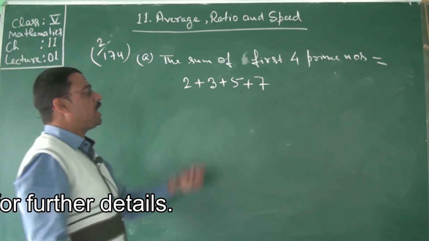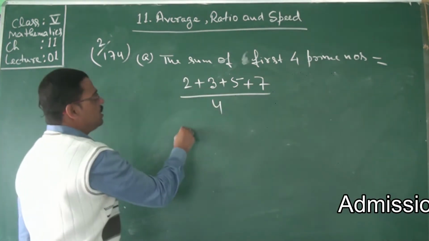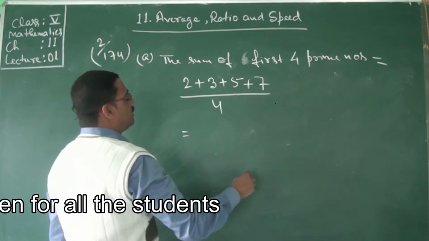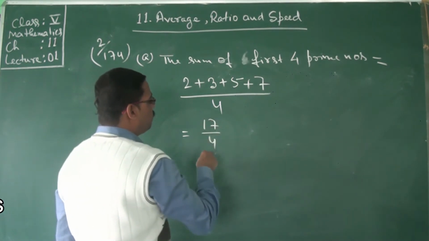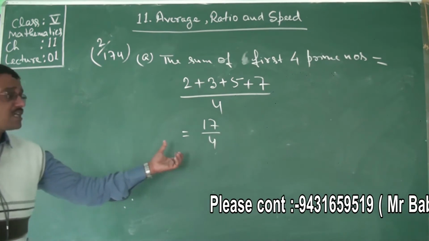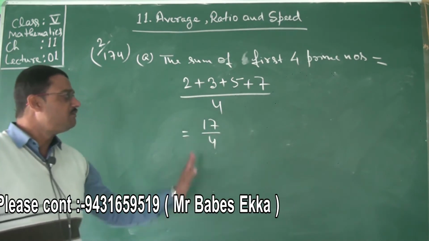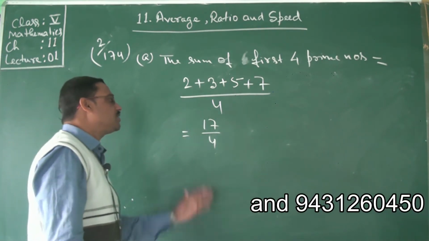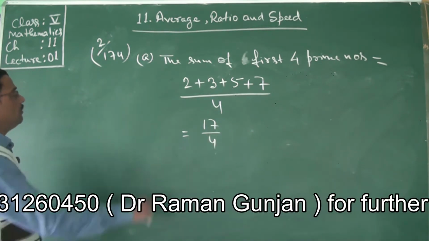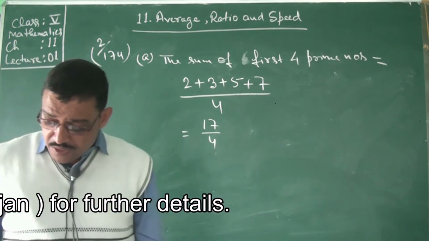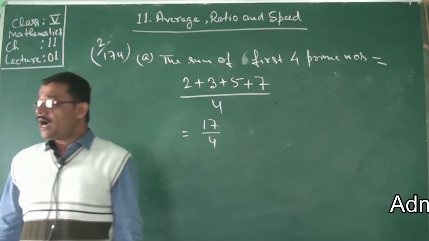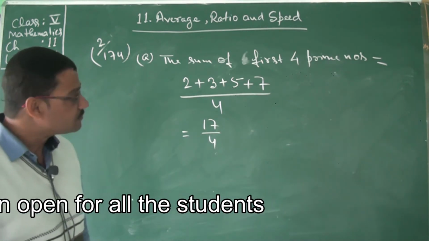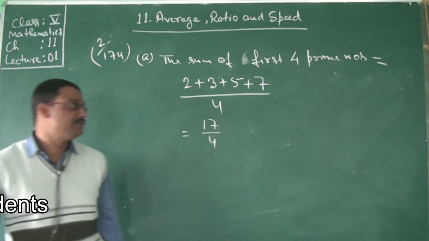As we got 4 quantities, divide them by 4. It will be 2 plus 3 is 5, plus 5 is 10, and 7, 17 by 4. You can express this in terms of decimals also if they are given in terms of decimals. It's very easy. 17 by 4 you can also write, and convert to decimal. Similarly, you can solve the remaining sums of two number also. I will proceed with the word problems given in this exercise. Come to the third sum. Let me see the 3 number sum, what is given there.